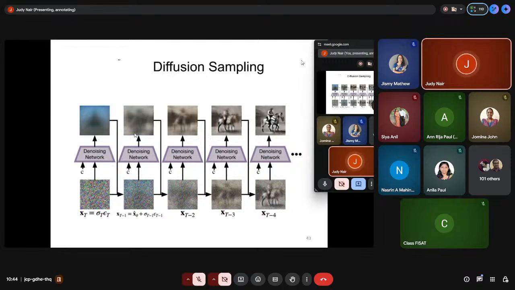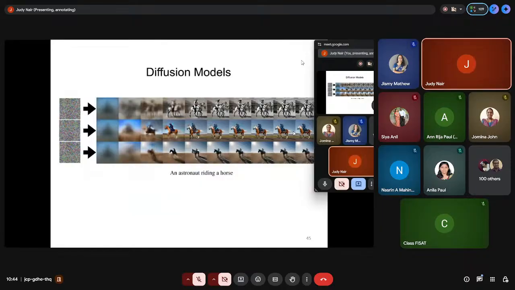Iteratively the loss is calculated, and it predicts the noise at each time step, checks against the actual image, and the difference between the actual noise and the predicted noise is calculated. That error is again passed through the network, and it keeps learning until you get an actual image.